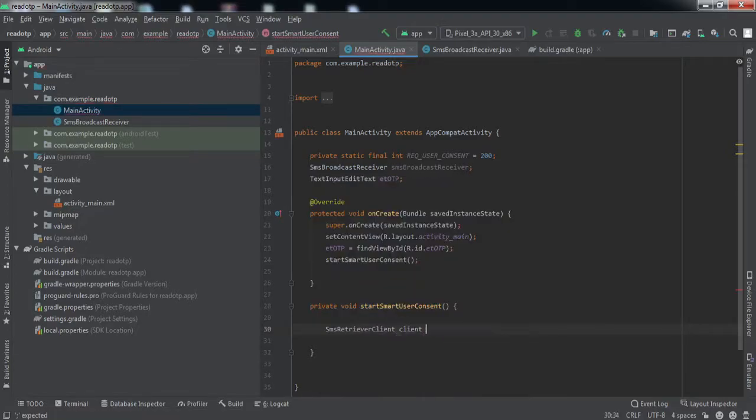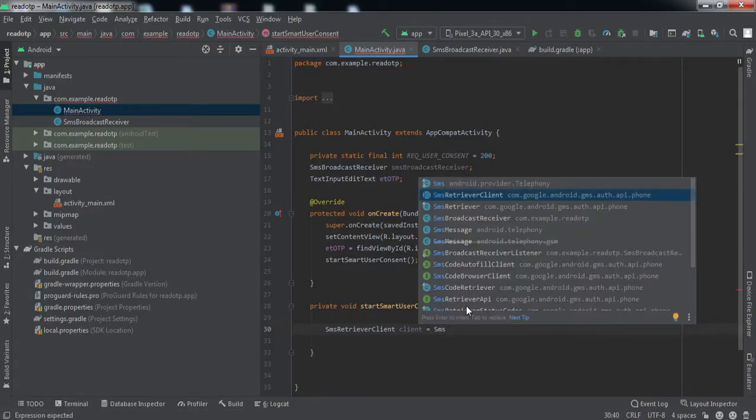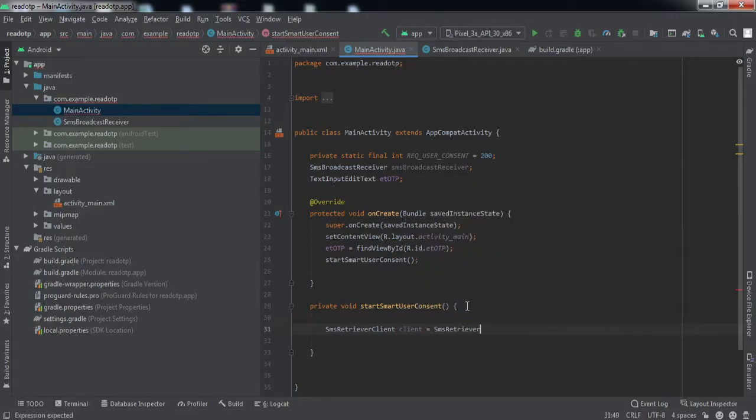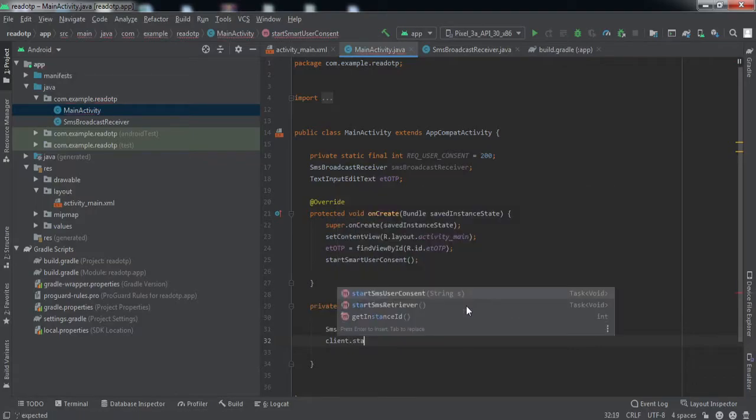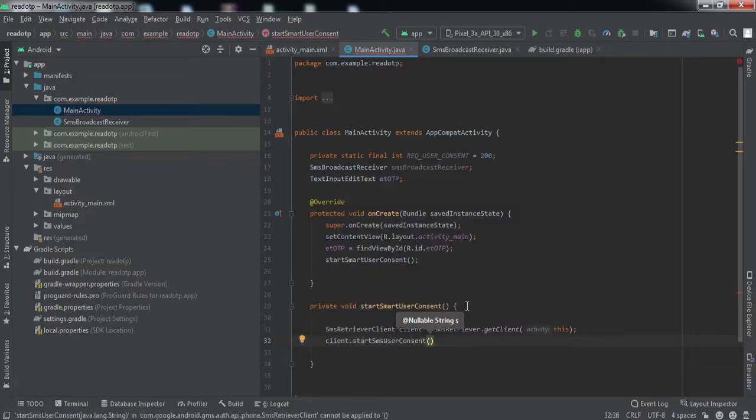We'll name it client only. So SMS retriever dot get client, we'll create an object of that and pass the context of this activity, right? So client dot start SMS user consent.